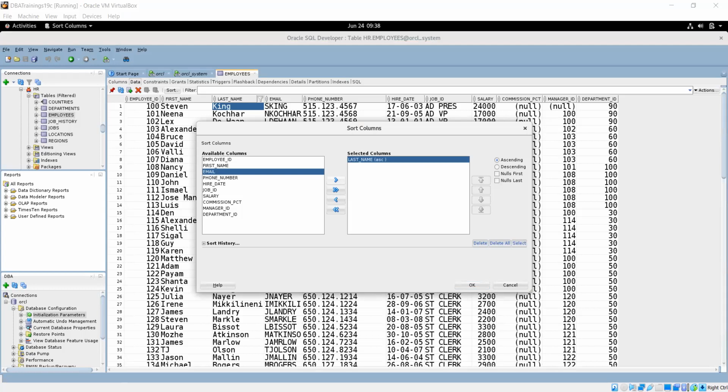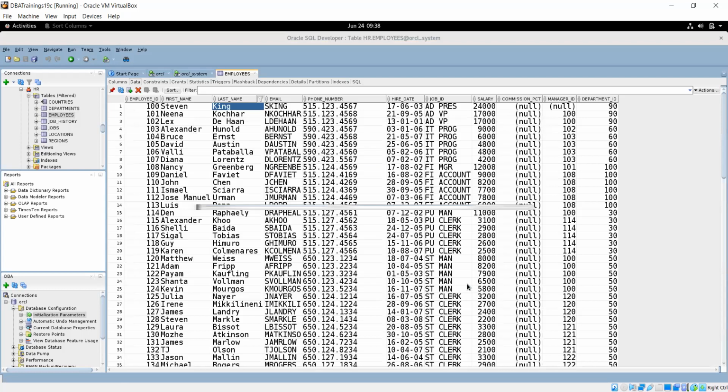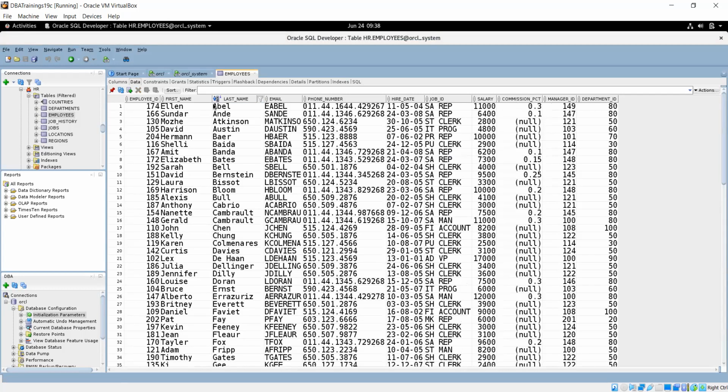If you want descending, then you can use descending. If nulls first, those options. But I don't want that. Let me do it so you can see. Instead of the employee ID, let's see what happened. Now, as per the last name, which we have sorted alphabetically, this came.